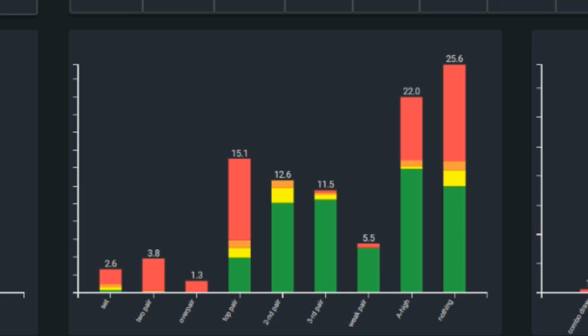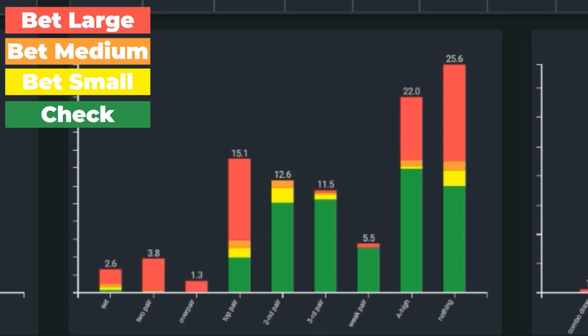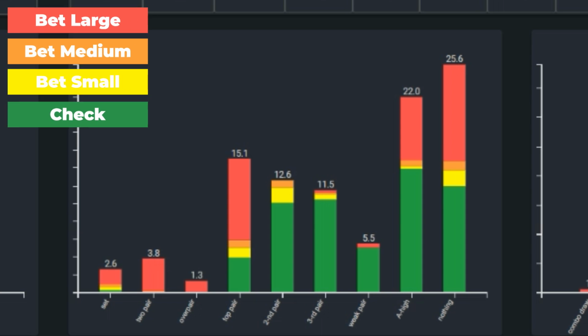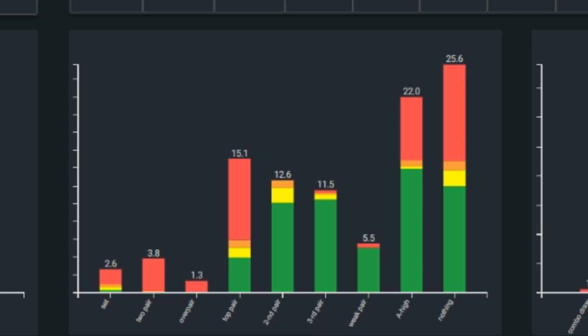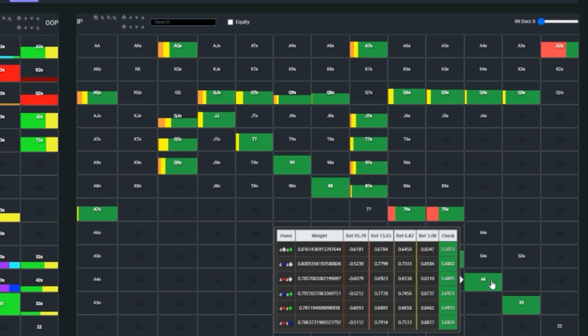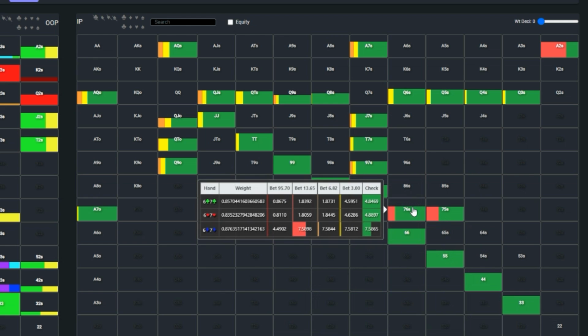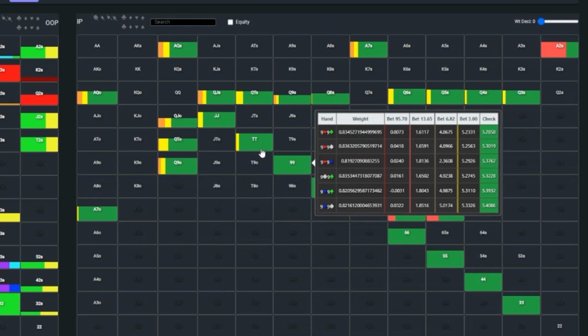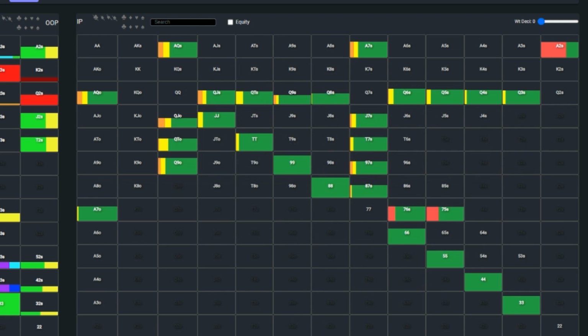For example, if we look at the frequency of betting, represented by red, orange, and yellow, compared to the frequency of checking, represented by green, there's a distinct pattern that emerges among the various hand classes we're likely to hold in this spot. The classes of hands that bet most often are the strongest hands, which is no surprise, and our weakest hands with the lowest showdown value. These hands in the middle are predominantly checking. This is due in part to the fact that the number of chips these middling hands can win by playing passively to showdown is higher relative to the number of chips the weakest hands can win by playing passively to